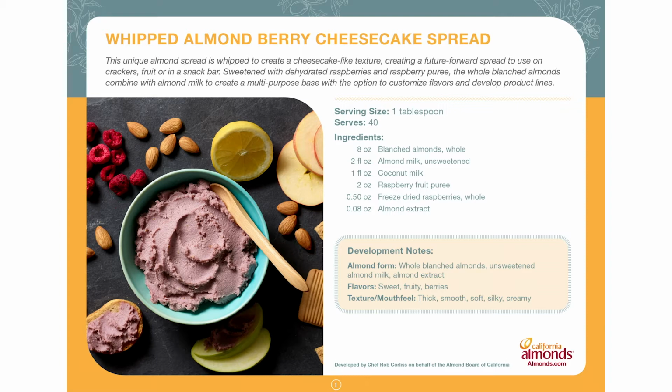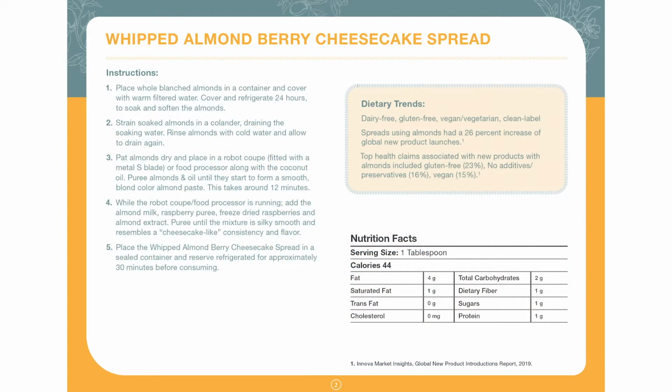Berries, especially raspberry, are a trending flavor and ingredient in product development. Overall, there are just a few ingredients in the recipe, which translates to less ingredients equals high quality. The spread introduces the next evolution of almond cheese, building off that savory success with a new naturally sweet application. This innovation provides new snack avenues for almonds with a sweet whipped spread to replicate a baked cheesecake texture